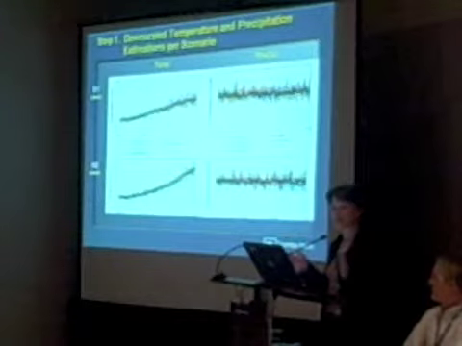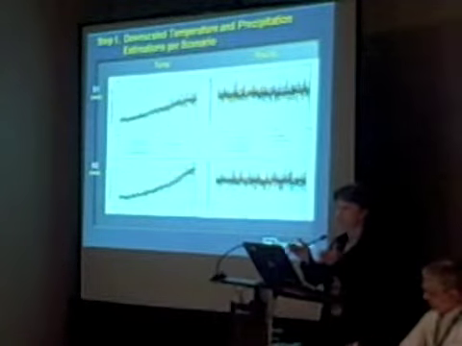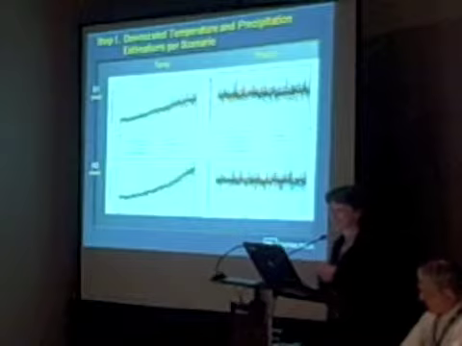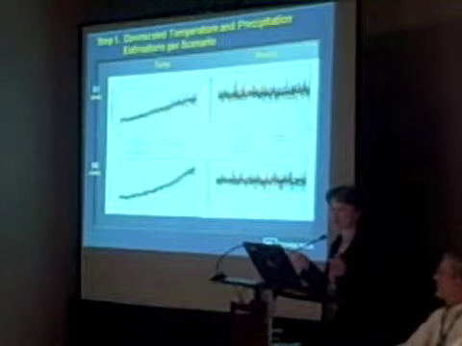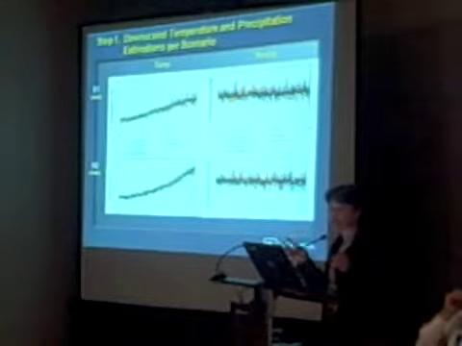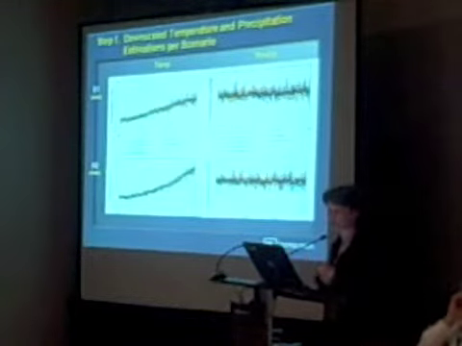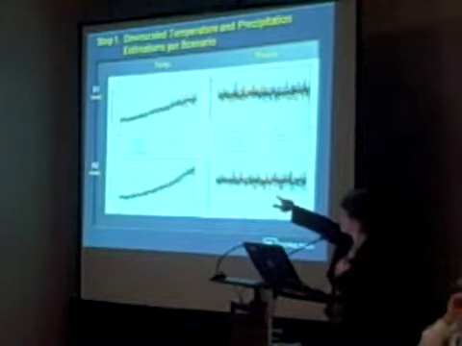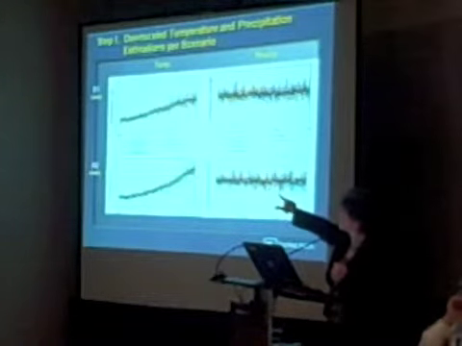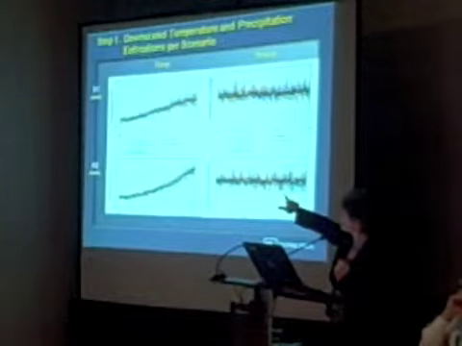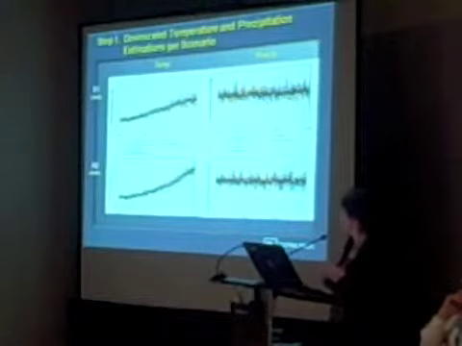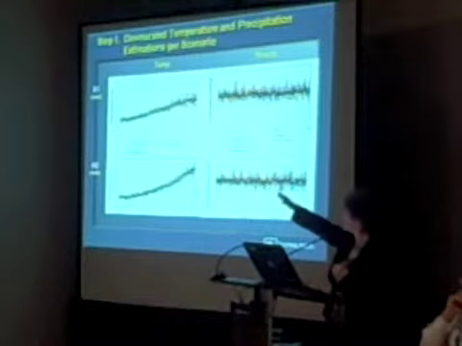So what you do for your next step, even though it's still step one, is to downscale the temperature and precipitation effects of those two scenarios across the 6 GCMs that you're looking at. You may not be able to read it, but there are lines in each of these charts for those 6 models, and then the heavy black line is the average of those 6 models going out